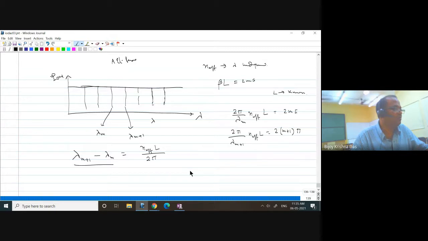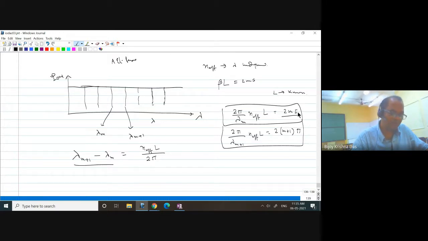by m into m plus 1. I think you just find an expression which is m independent. I don't know what the m value is. m can be eliminated, you see. It is 2m pi and it is 2m pi plus 2 pi. So if you subtract these two equations, you can eliminate m. And from there, you will be able to find a certain kind of expression like this.